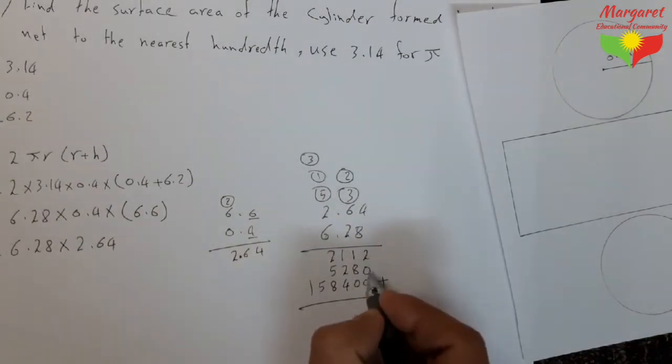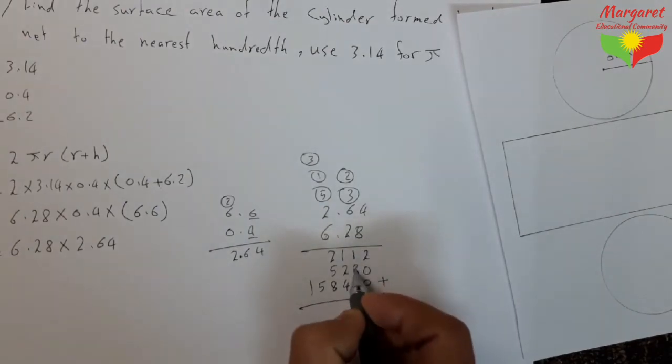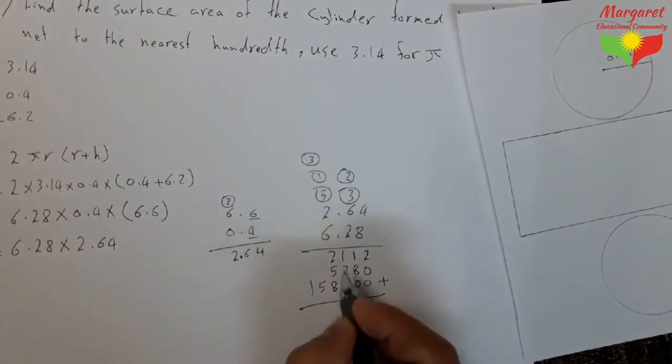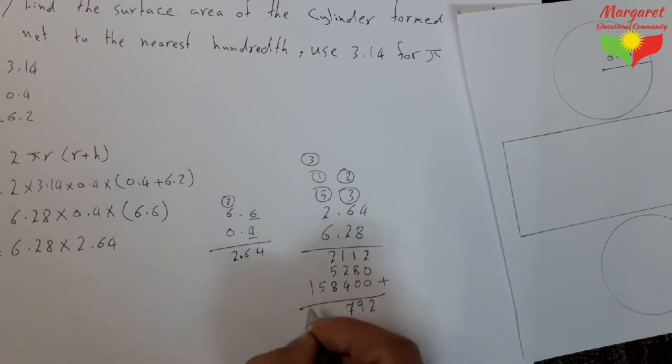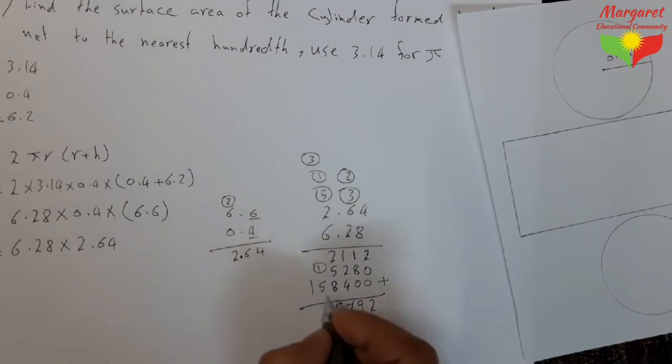2 plus 0 equal to 2. 1 plus 8 equal to 9. Plus 0 equal to 9. 1 plus 2 equal to 3. Plus 4 equal to 7. 2 plus 5 equal to 7. Plus 8 equal to 15. Write 5 and put 1 up to here. Equal to 6